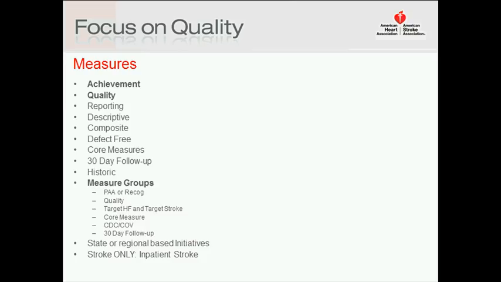Depending on the version of the patient management tool that you use, we also provide the ability to run the exact core measure algorithms for the various aspects of care. As you probably are aware, a lot of the aspects of care that we look at and get with the guidelines relative to the, say, achievement measures and some of the quality measures do overlap with aspects of care that the CMS and Joint Commission core measures look at, except that the exact specifications for the measures may vary slightly.